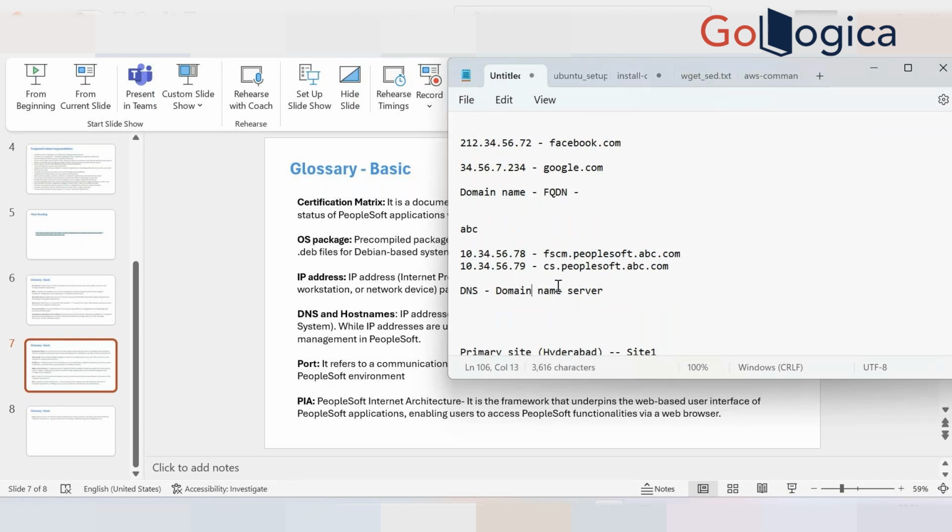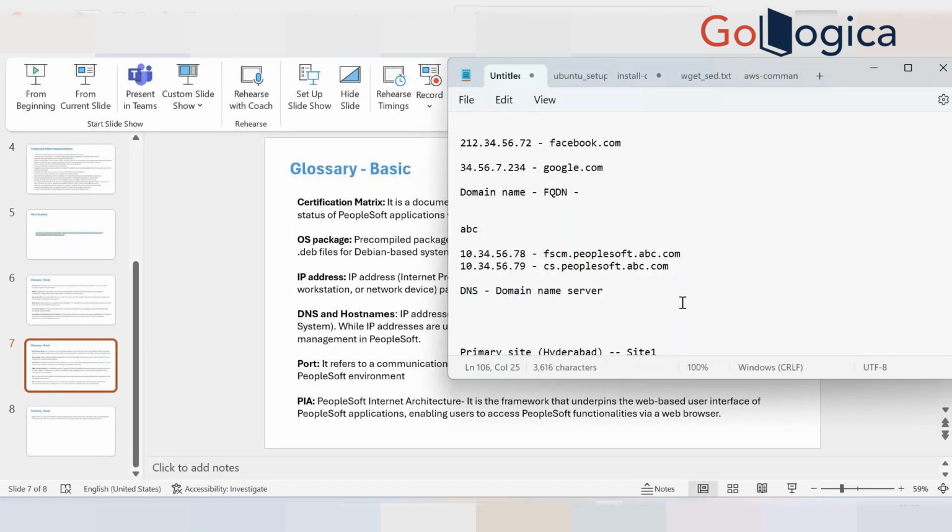And by the way, PeopleSoft generally is an internal application. Apart from some pages of Campus Solutions, they might be exposed for, say, admissions, or some page of the HR application might be exposed for recruitment or something. But generally, PeopleSoft is a very internal application used for back office tasks. So it will have a user friendly name which is called domain name, and the domain names are stored on the domain name server,